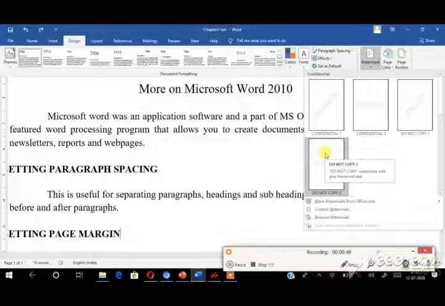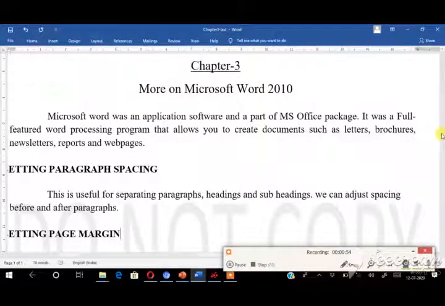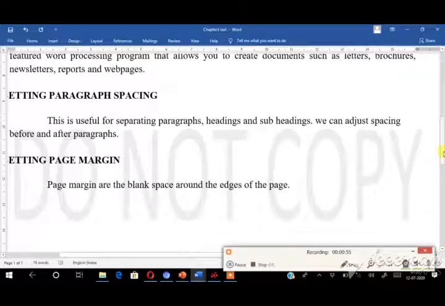Here I am choosing this type. So now see here, this predefined watermark will be applied in your document. See here, this is the predefined style. So this way you can set the predefined style of a watermark. And the next step, you can add text or a picture as a watermark in the document using the watermark option.